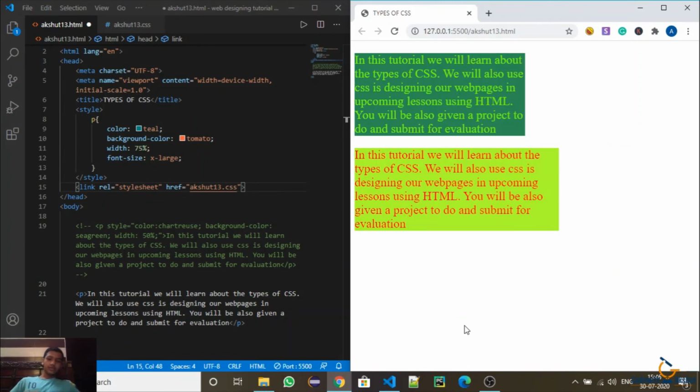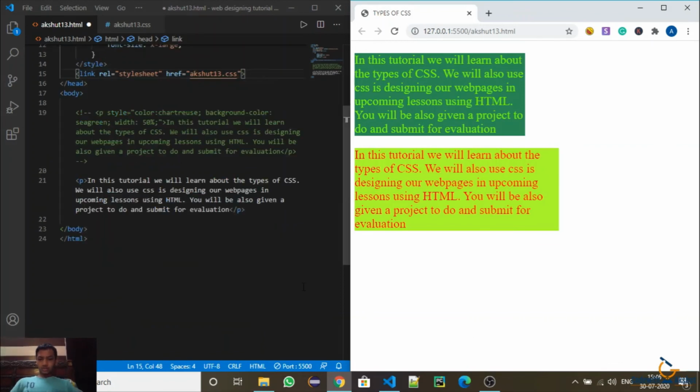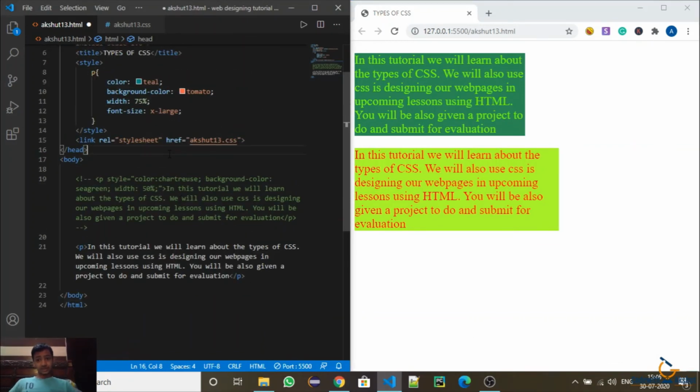So this will be the good way. You should use external CSS first, then internal, and if it is a short code and you do not want to make more lines, then you can also use this CSS, which I say is inline CSS.